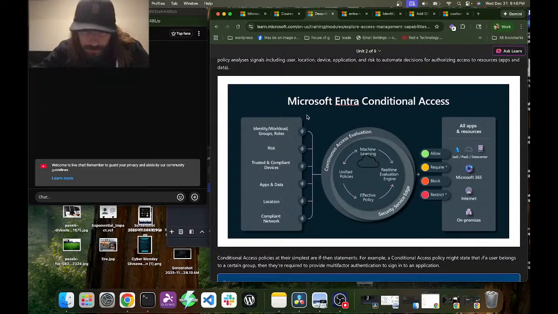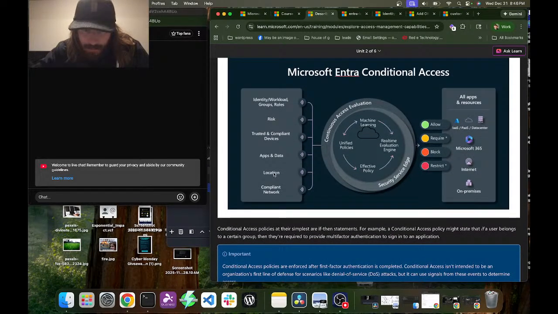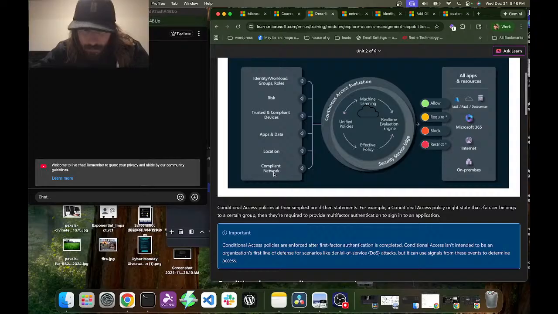We have identities, workload, groups and roles, risk, trusted and compliant devices, apps and data, location, and compliant network. And then we have the continuous access evaluation with machine learning, real-time evaluation engine.